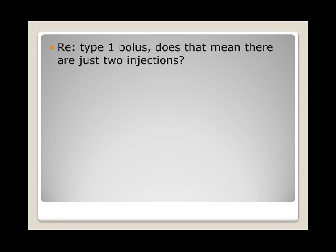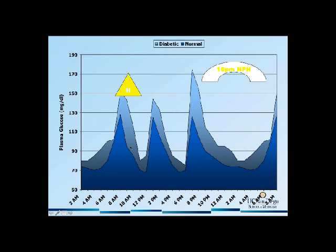Thank you. Regarding the type 1 boluses, does that mean that you're just doing 2 injections a day? Generally speaking, I have patients inject insulin